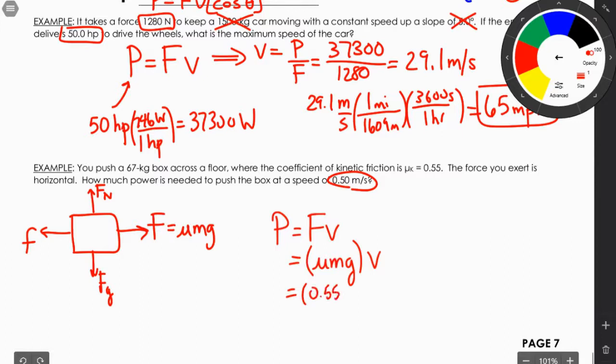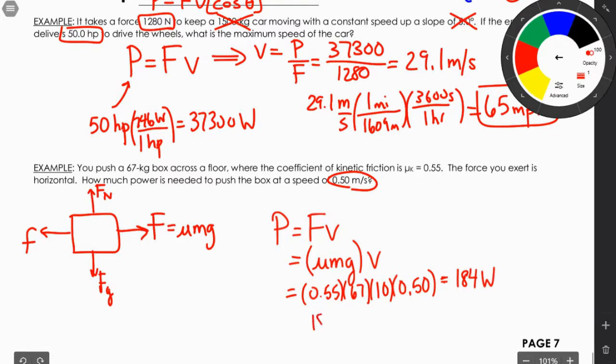0.55 times 67 times 10 for simplicity times a half meter per second. And I'm going to have to do that, and it's 184 watts of power, which in the grand scheme of things is not much,